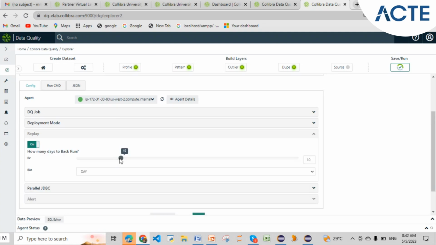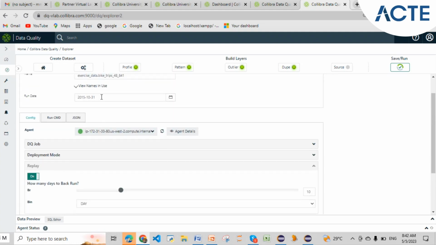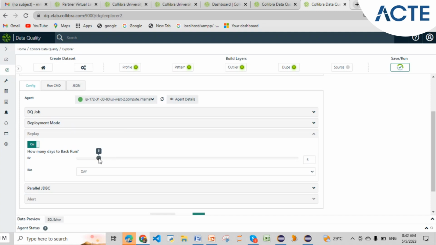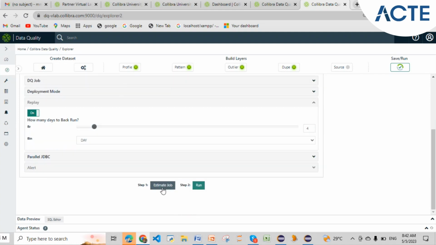I have given only one day to check, but I can also check 4 to 5 days before that. So it is October 31st. If I want to have the data quality score from 26 to 31st, then I can select the days count. So it will include the 4 days back, so 4 to 5 days maybe. Let me select 4, and then yeah,